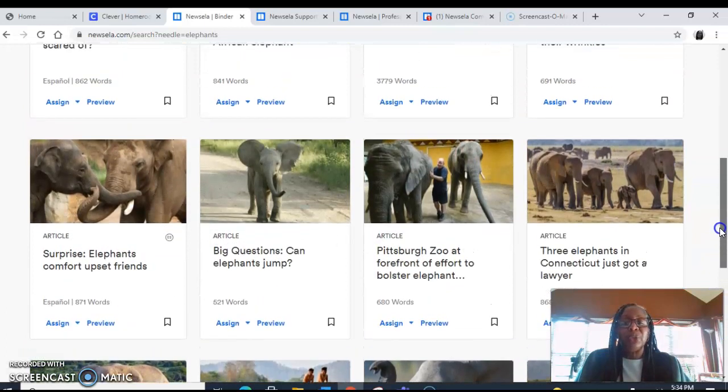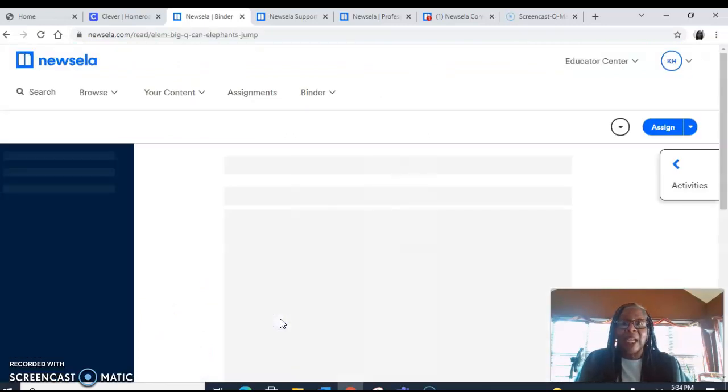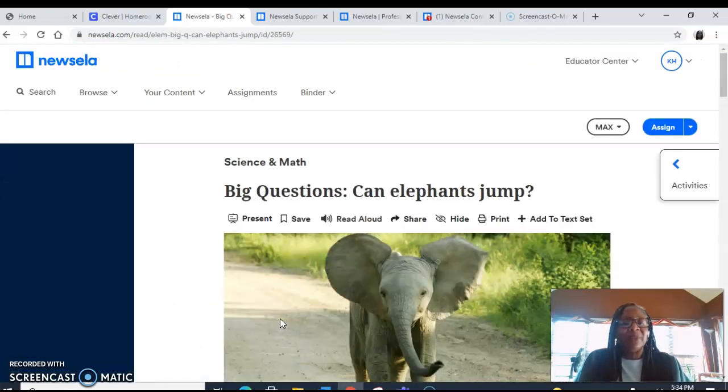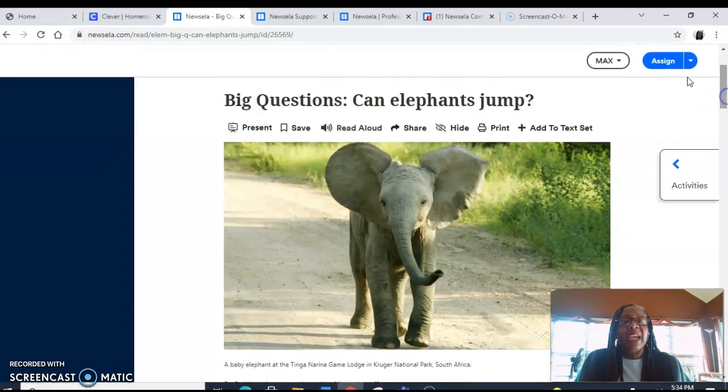I'm going to choose an article. Let's look at, can elephants jump? It's a question that I always had. Can they really jump? When it opens up, we have our article about elephants, and we have a tab